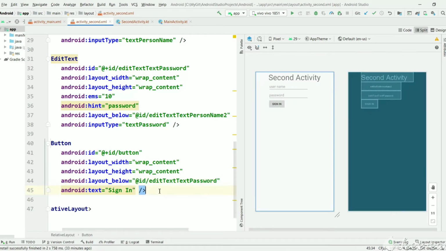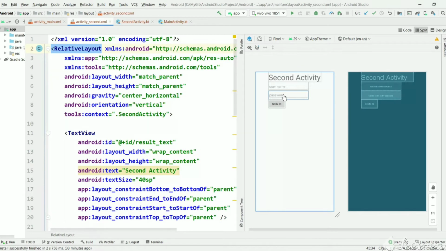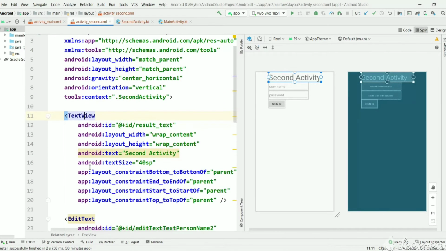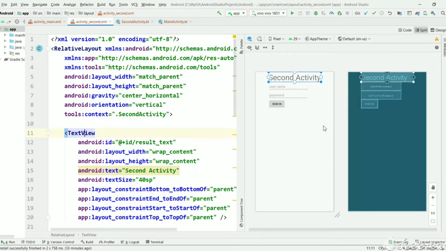As you can see, now all the views are aligned in a vertical manner, because we have mentioned a relationship between these views. In the previous layout, we used gravity center horizontal, so everything came in the center. Here, the sign in button starts from the left side, but it should be in the center.